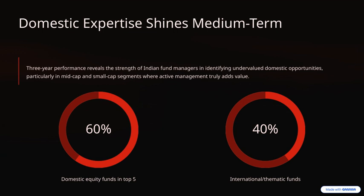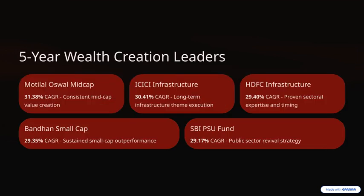Overall, this slide underscores how domestic expertise remains a key driver of performance, especially in the areas where active management can unlock significant value. It ties back to our broader theme of the importance of understanding local market nuances to generate superior returns. Let's take a look at some of the top performers over the past 5 years in wealth